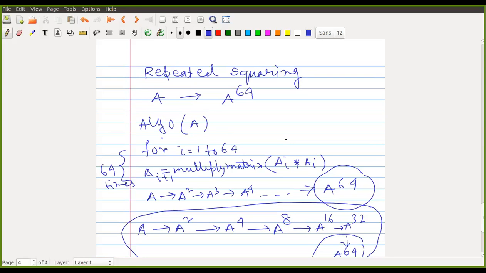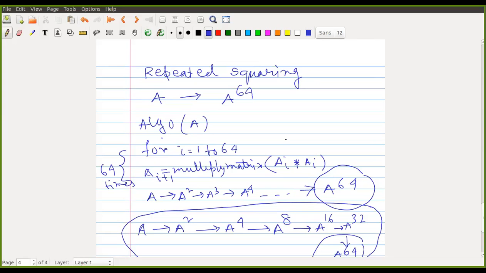Using Bellman-Ford for finding all pair shortest path would take a much larger time, order of V to the power 4, when the number of edges is order of V square. In order to reduce that, we do repeated squaring.